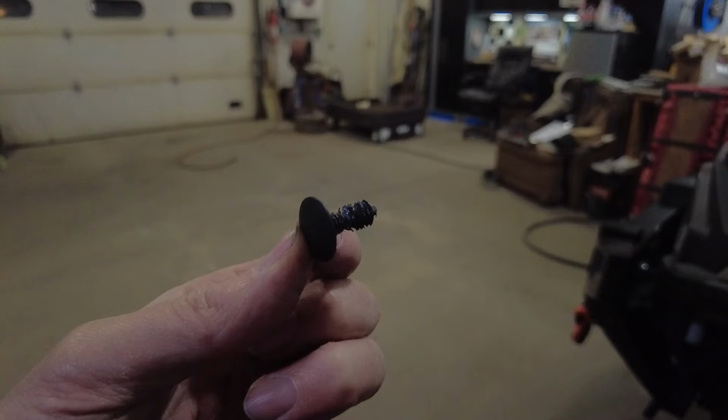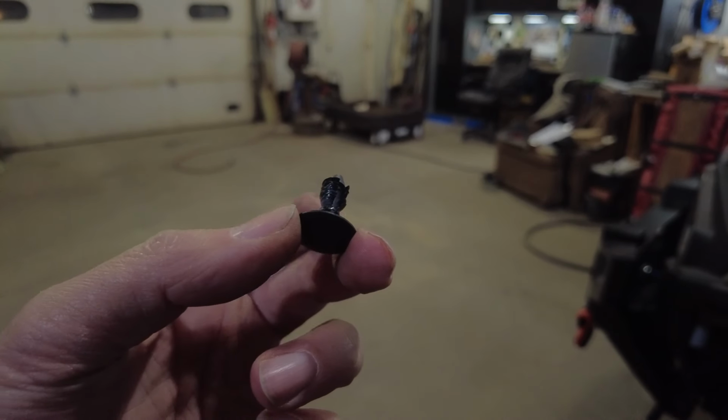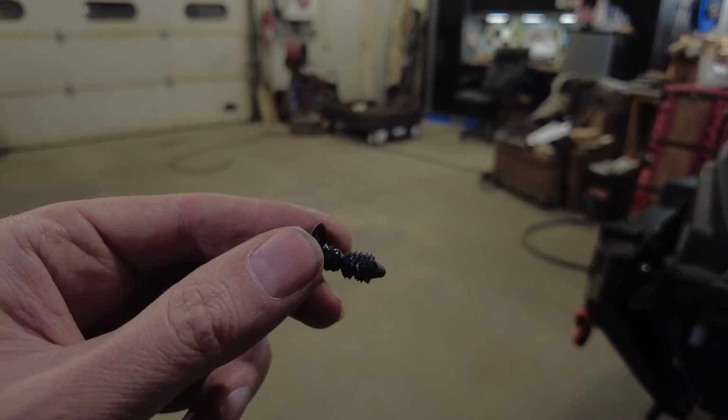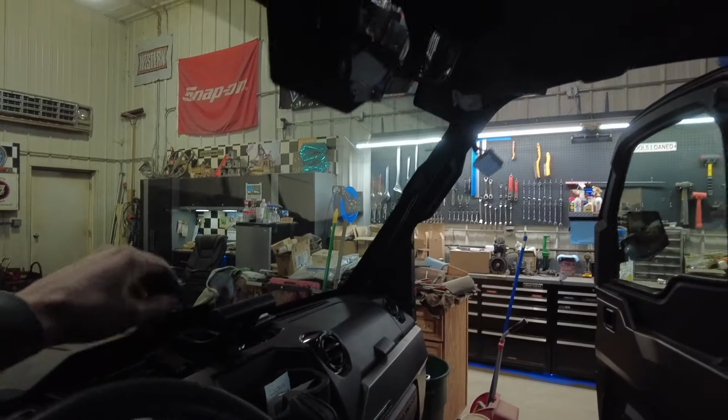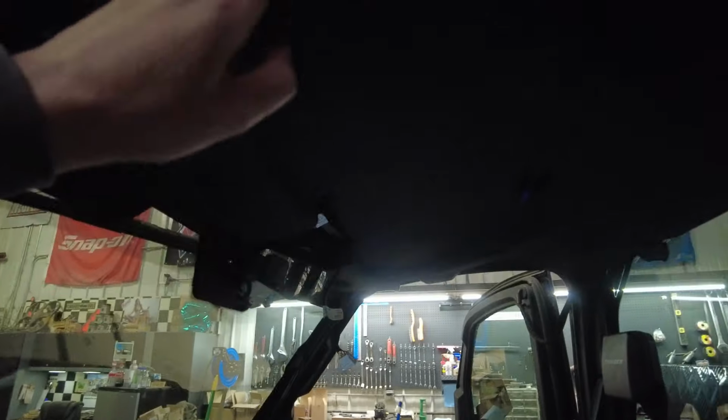Okay, so these are the little push pins you're pulling out. Looks like these might be destroyed. I might need some new ones, but once you get all them out, your headliner is actually ready to fall out,